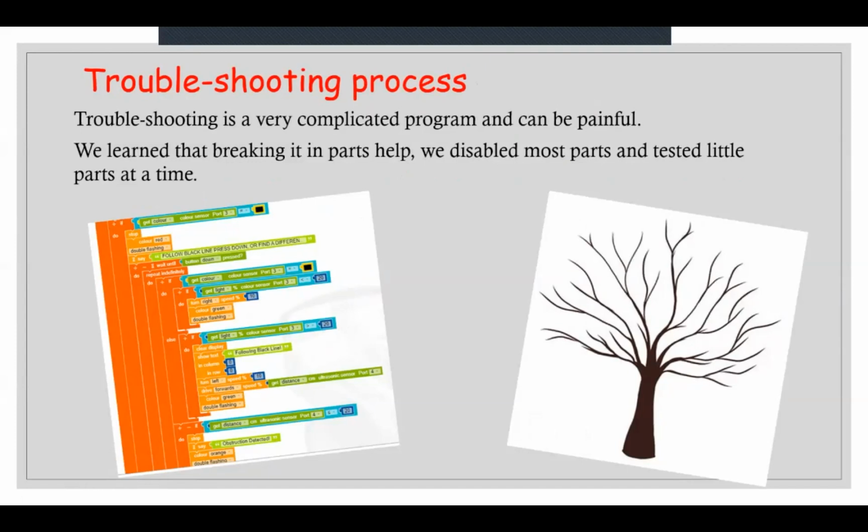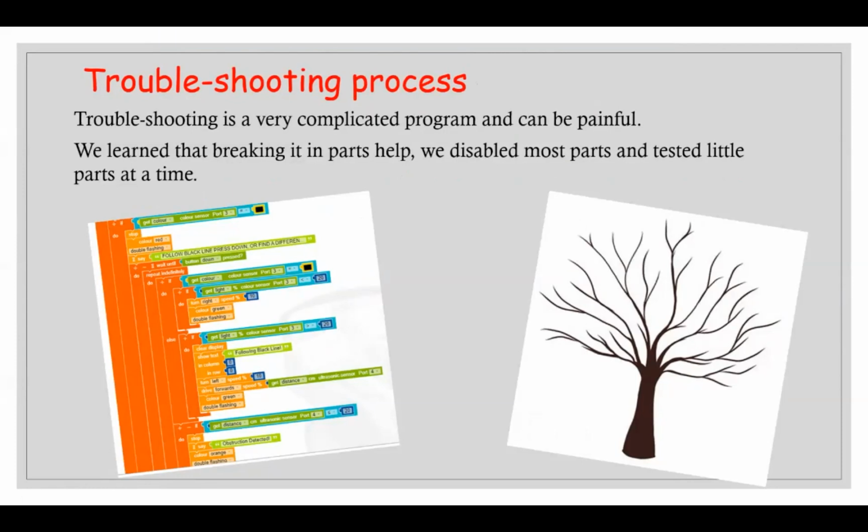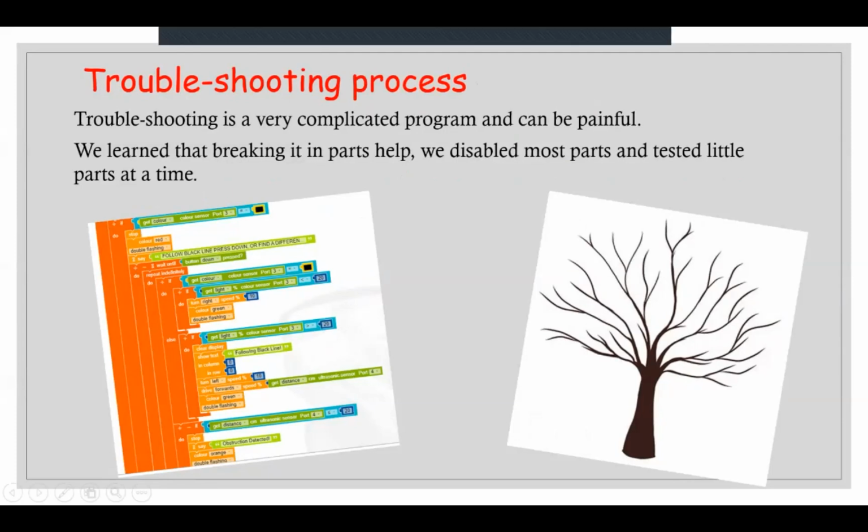We have repeat indefinitely in our code, and it basically just wraps everything inside of it. So pretend that's your main branch or the main part of the tree. And then you see on the left that there's a repeat wait until inside of the repeat indefinitely. That will be the first branch, and then there's a repeat indefinitely inside of the wait until. That will be the second branch coming out of the first branch. And it also